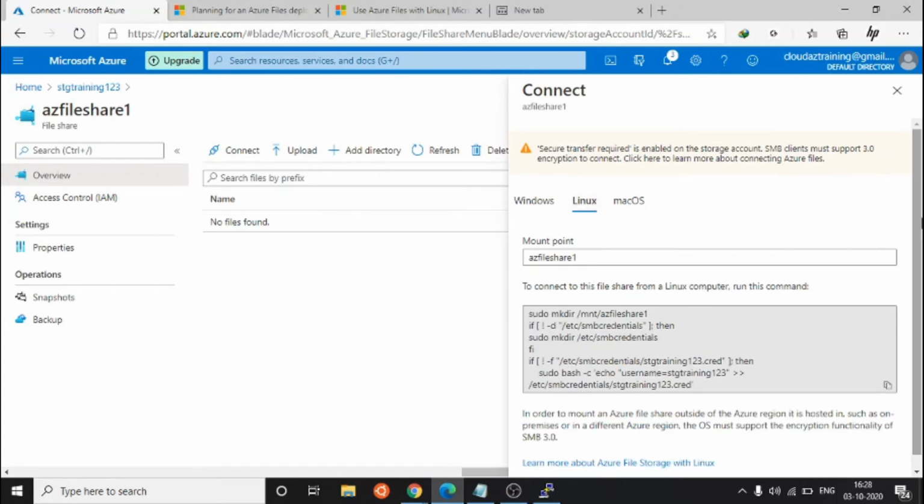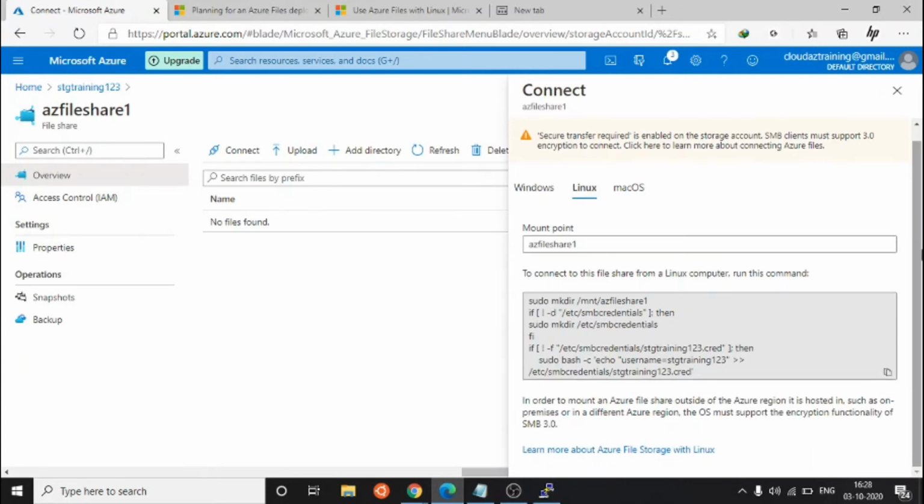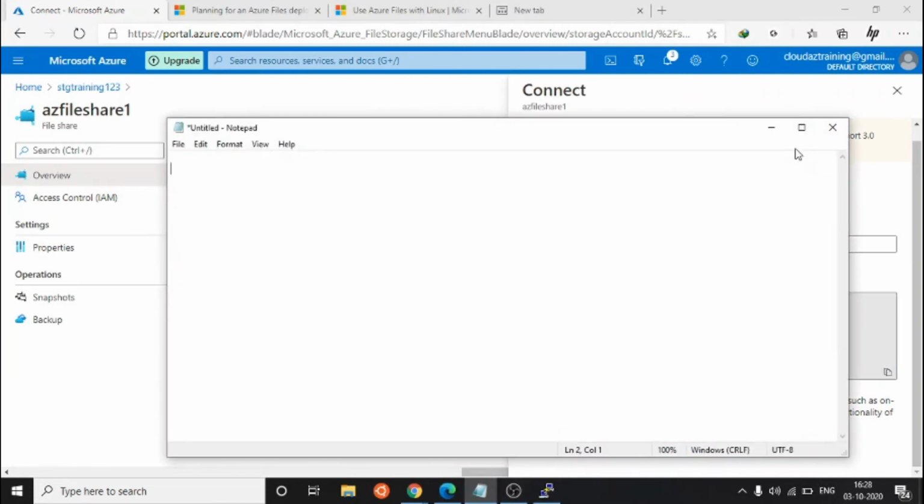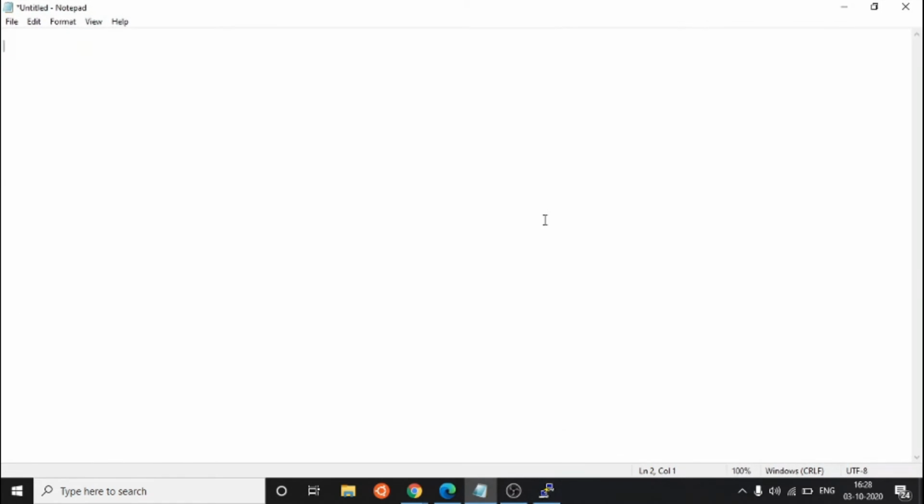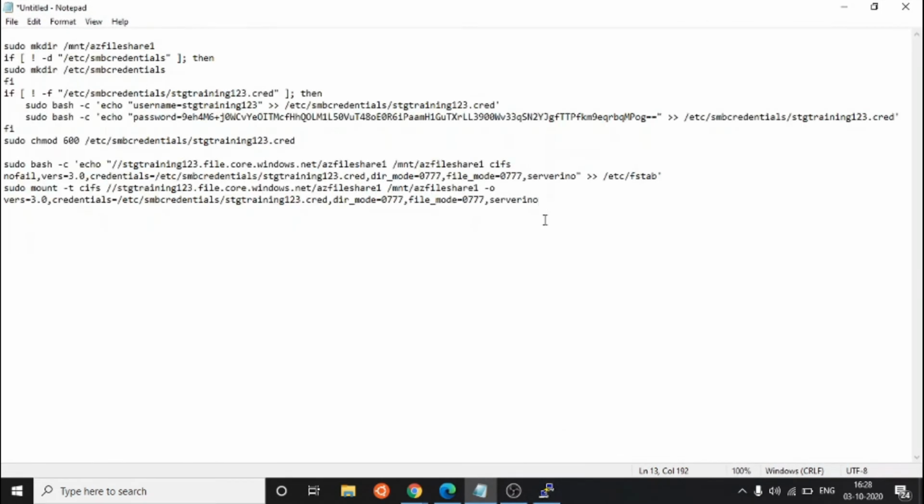Currently we are going to mount this file share on Linux, so we are going to copy the script for Linux. I have copied it, and I am pasting it here. I am going to explain what they are doing here.